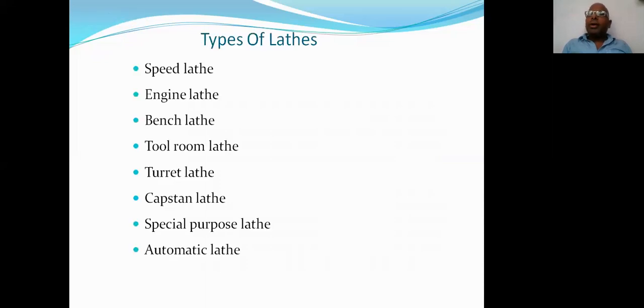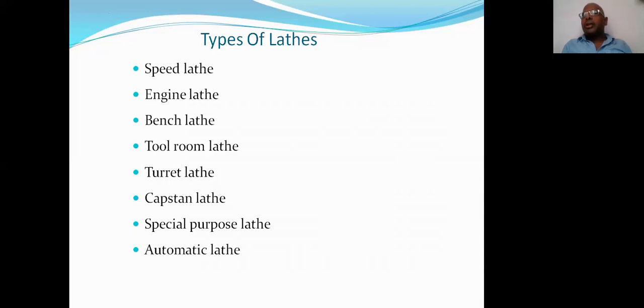So now we are supposed to discuss various types of lathe machines. Just now, what did we discuss? Generally, if anyone is asked, what are the different types of lathes, either in a competitive exam or a board interview, they may ask what are the various types of lathes? Can you state any 4 different types of lathe machines?